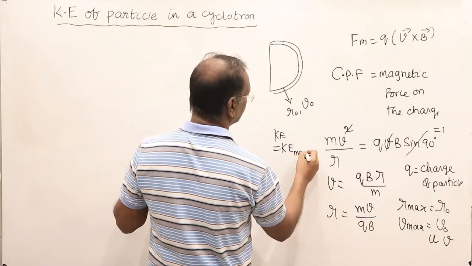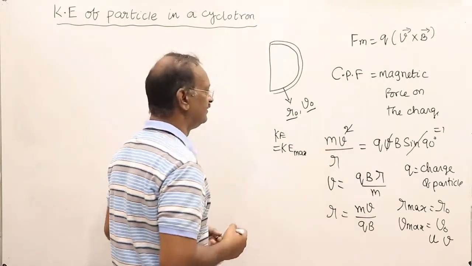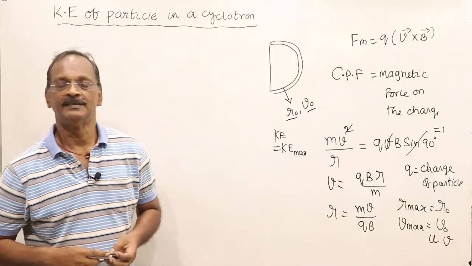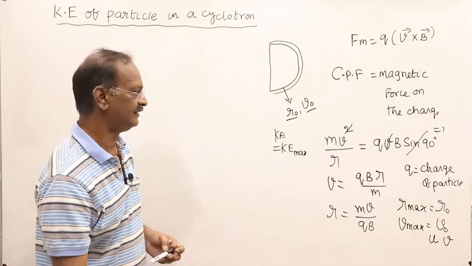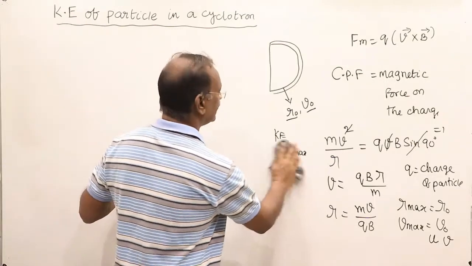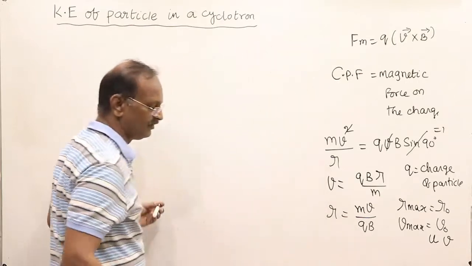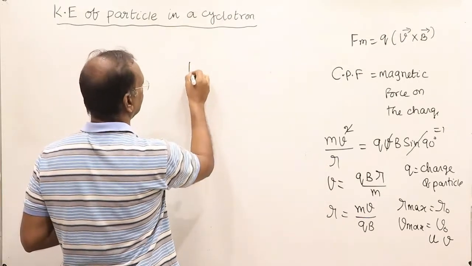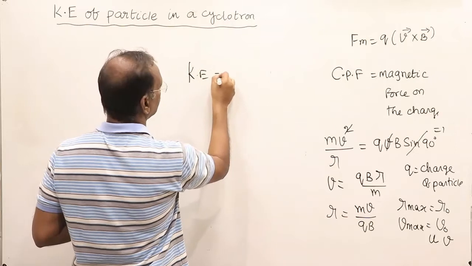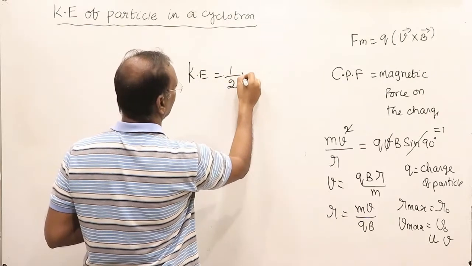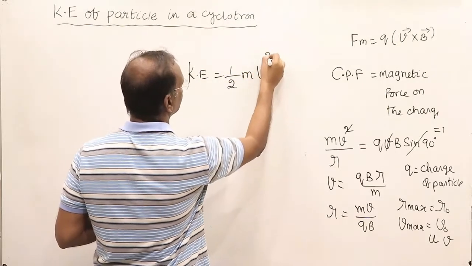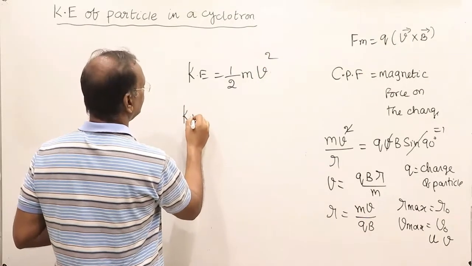Why? Because at maximum R and maximum V it reaches the maximum kinetic energy. So the general expression for kinetic energy is half into m into v square. So kinetic energy maximum